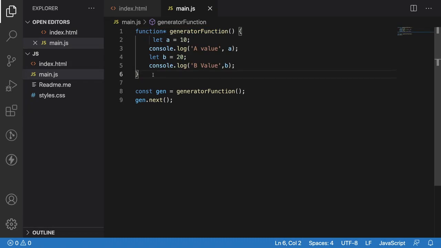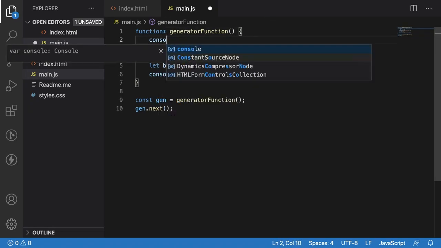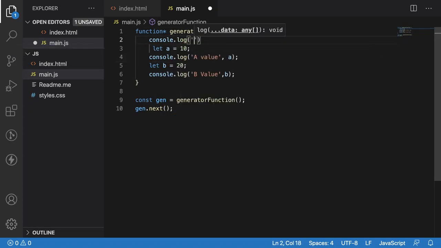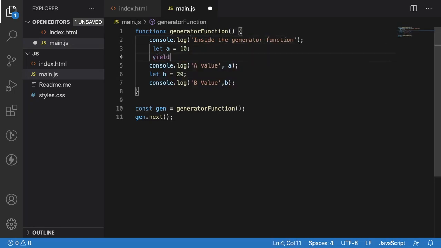But if you want to stop the execution of a generator function, you have a keyword called yield. For example, let me create a console.log inside the generator function, and let me use the yield keyword and return a.